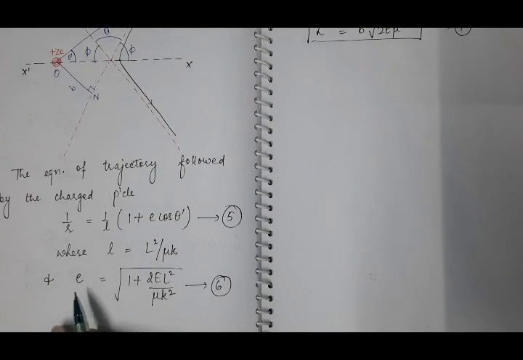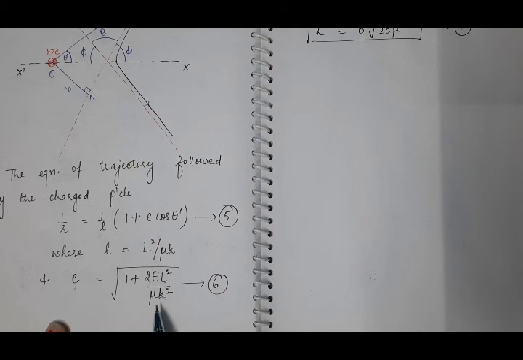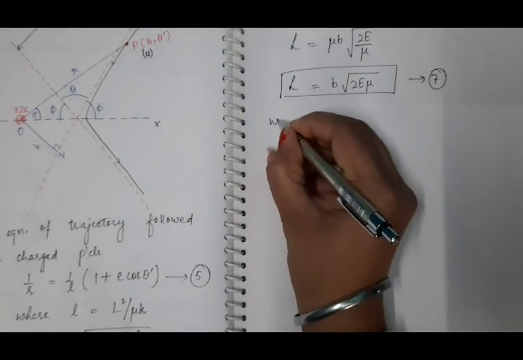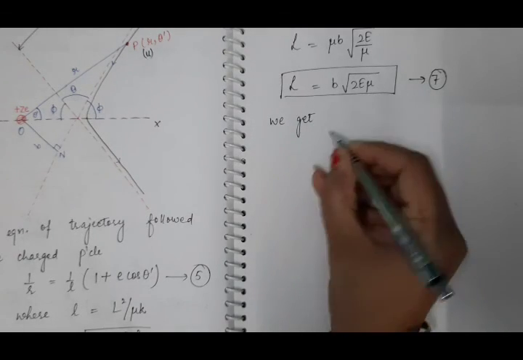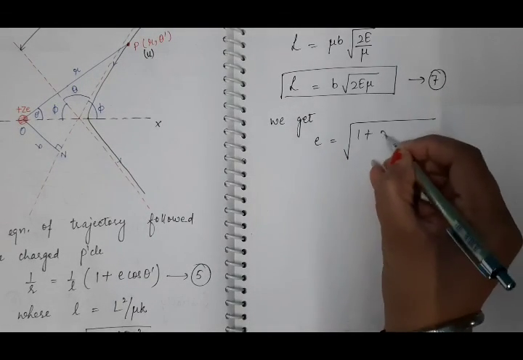Now, in this expression of eccentricity, put that value of L which we have derived in equation 7, and we have already supposed this k in our equation number 2. This k was equal to minus z dash e square by 4 pi epsilon naught. So put the value of L and k in equation number 6 and we get e is equal to root 1 plus 2E